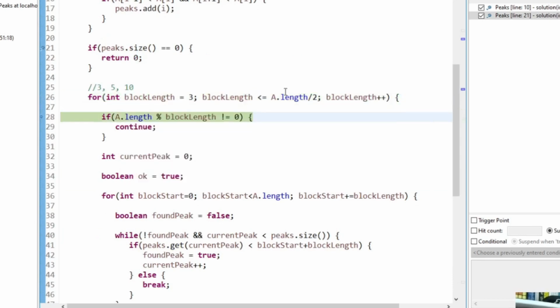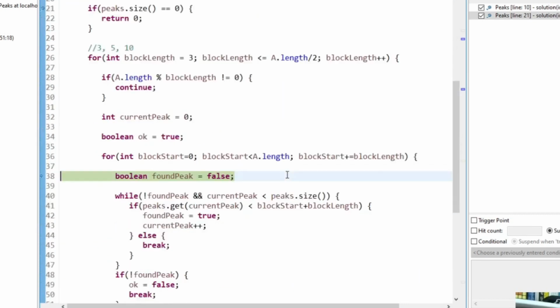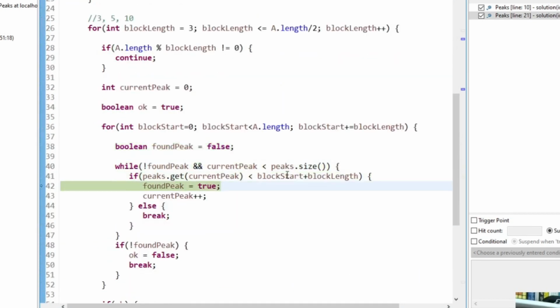We try a block length of 4. That's going to think the first block has a peak and the second one doesn't. But there's 2 peaks in the first block. So the first block has a peak, but when it comes to the second, it's still going to think it does. So what I need to say,